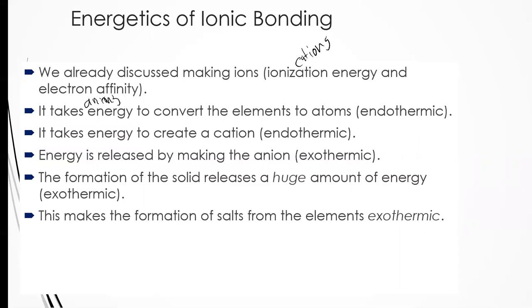This would be things like chlorine going to just a chlorine atom by itself, and that requires energy. And when we put these things together, we get a huge amount of energy that comes back when we make their solids. So when we put our ions together,